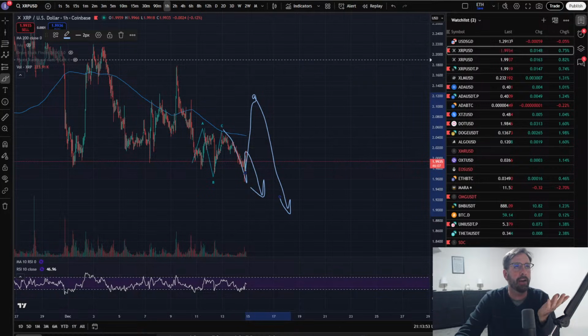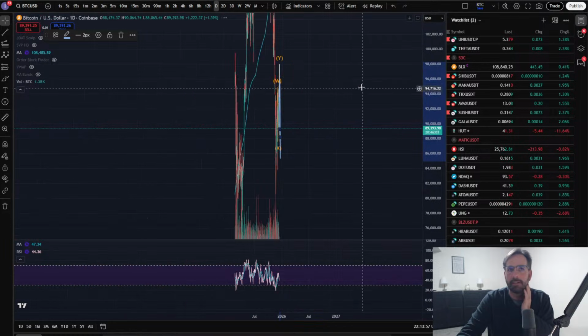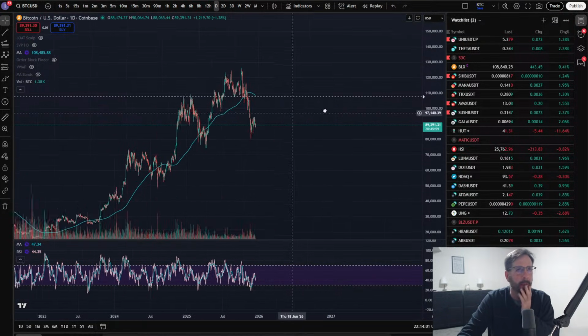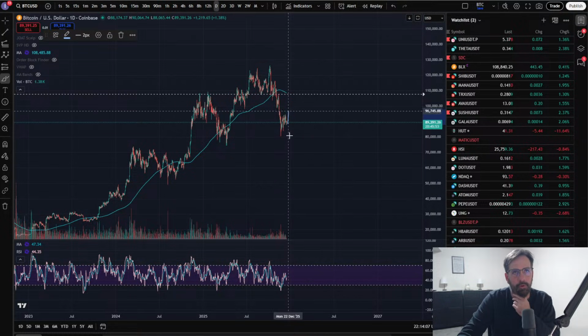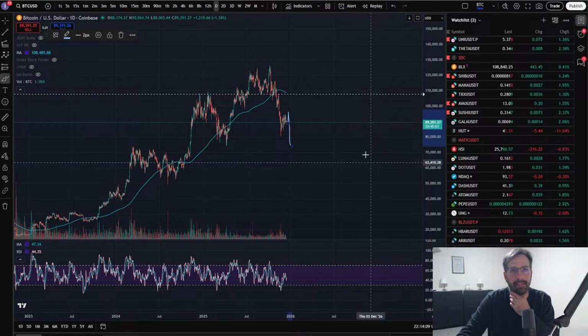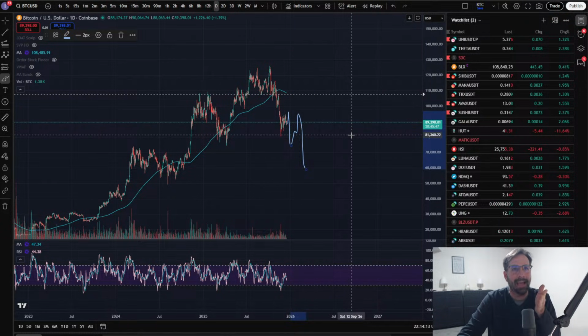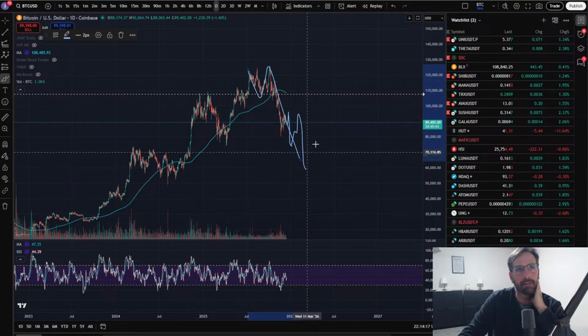Now, looking at the higher time frame, I'm on the daily chart. I'm still looking down. I'm looking for this wave to finish in 5. I want to see this thing finish in 5. So boom, boom. That's what I'd like to see. Something like that. What I just drew, because then that gives me a full A, B, and a C wave.